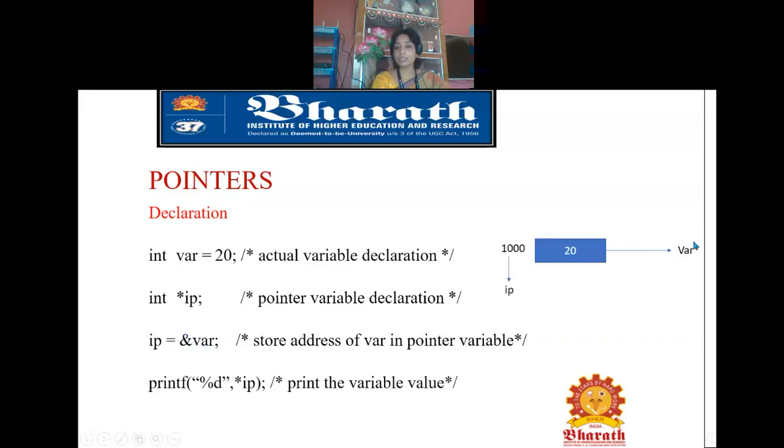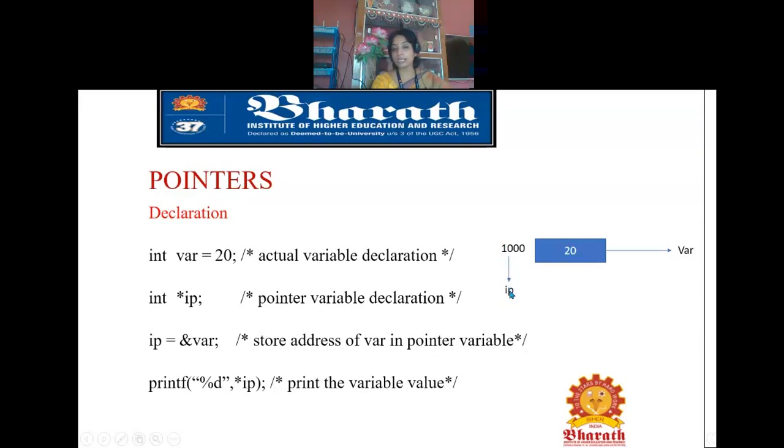Now let's see here, the variable is going to have the value 20, whereas this 20 is stored inside the memory location 1000. So var represents this 20, whereas the pointer variable represents this memory location 1000. It does not represent 20; instead IP is going to represent 1000.